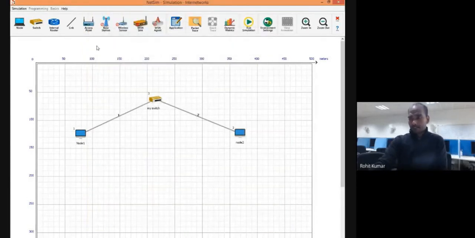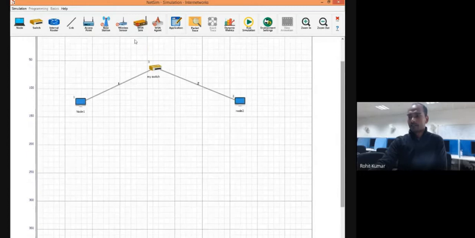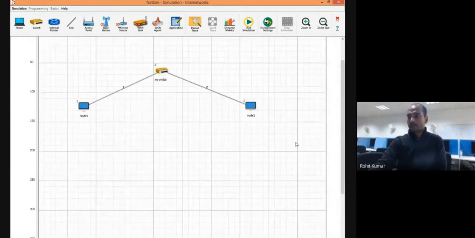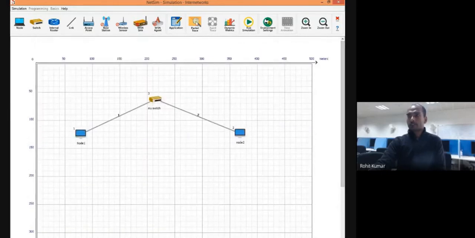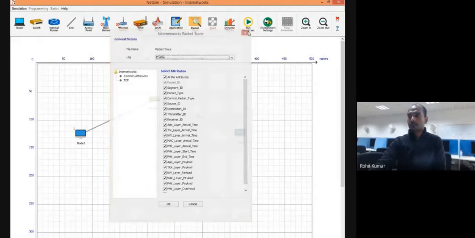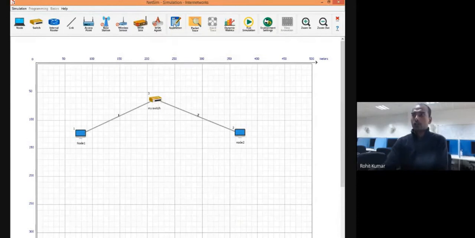It is the hardware setup. Whichever devices are in this particular grid view, it is the default setup. Now, at the top of this hardware setup, we'll set up an application, because no network can function without the application setup. So now we are trying to configure the application layer.